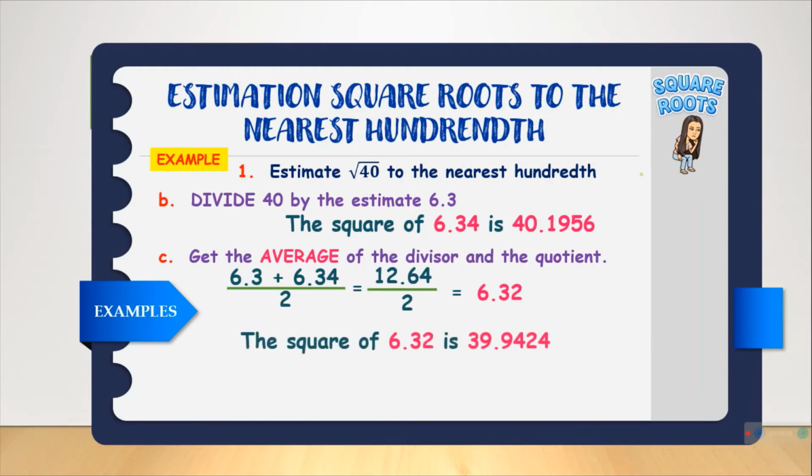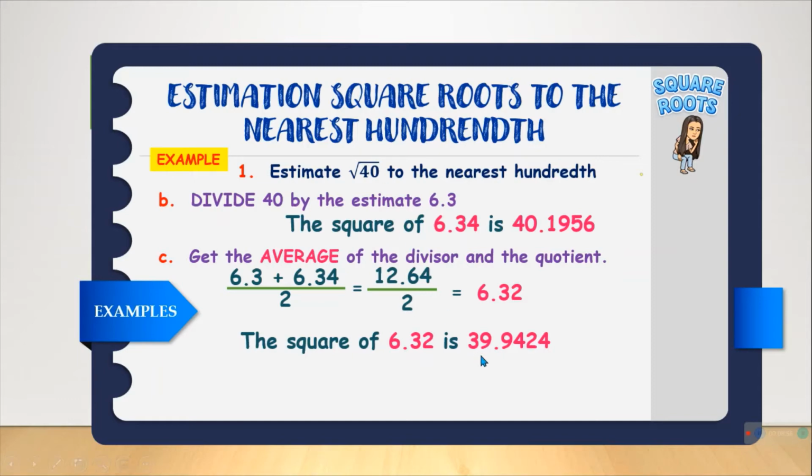So, meaning, the square of 6.32 is 39.9424. Since, ang kinukuha natin ay nearest hundredths, which is this one, yung 4, yung katabi niya is 2, so, hindi madadagdagan ng isa to. So, still, that is